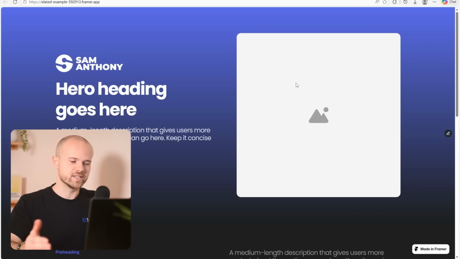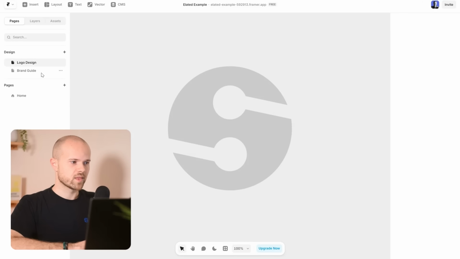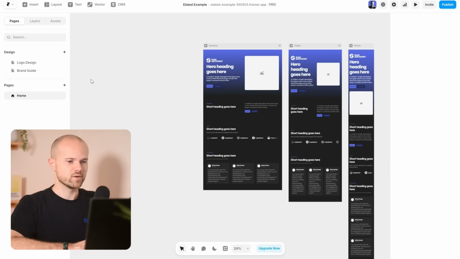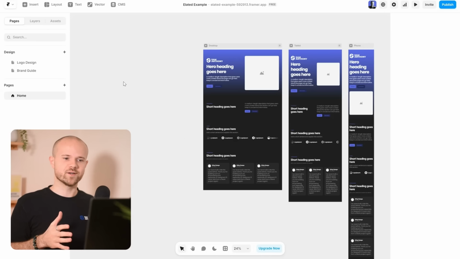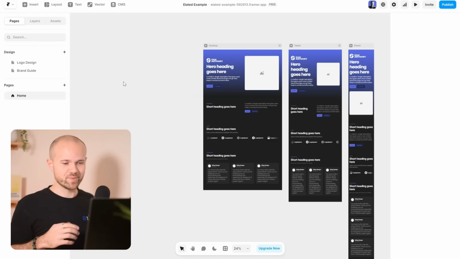But I hope that you can see how easy it is to use the SVG tools, first and foremost, build out brand guidelines, and then set out your assets, both color assets and typography assets, and then bring those across to fully customize a landing page. This is just to sort of show you the basics. So don't take this as a design tutorial. This is not my best work by any stretch, but you can see here how easy it is to build out your own landing page, to build out your own brand within Framer, and to also expand upon